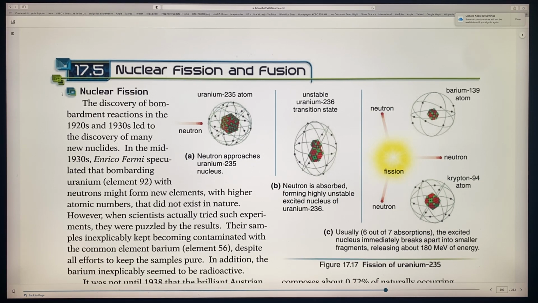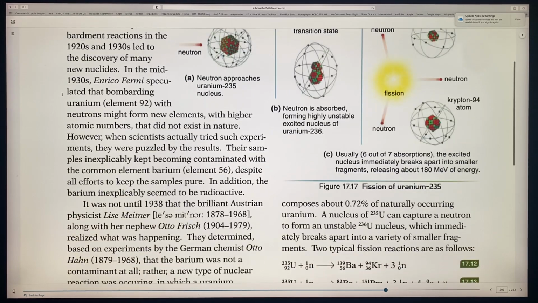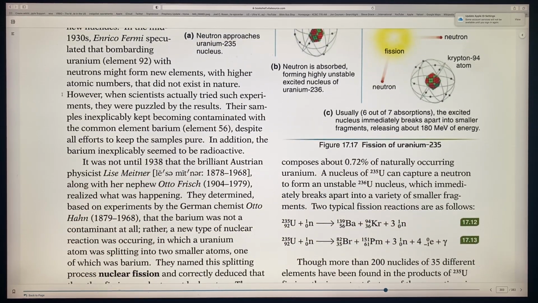Despite all their efforts to keep it pure, this barium kept showing up. They kind of put it aside. They didn't realize that the uranium was actually being split into a barium